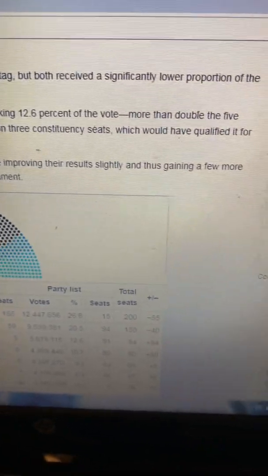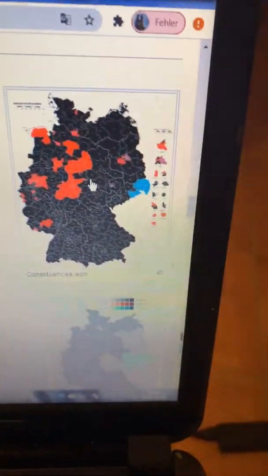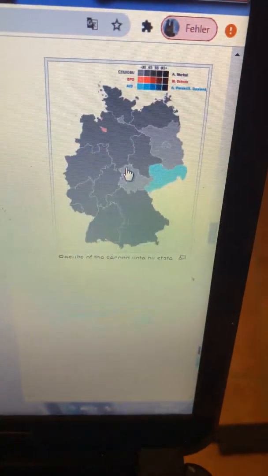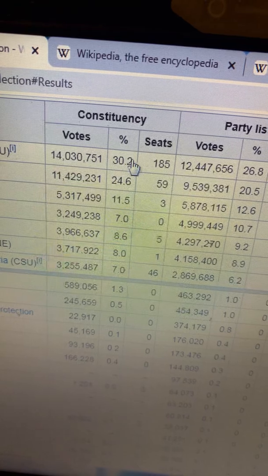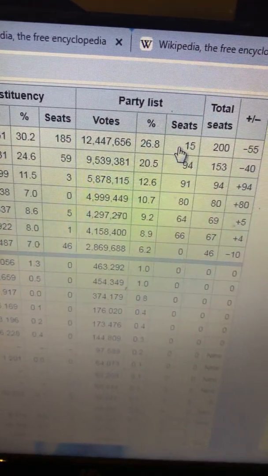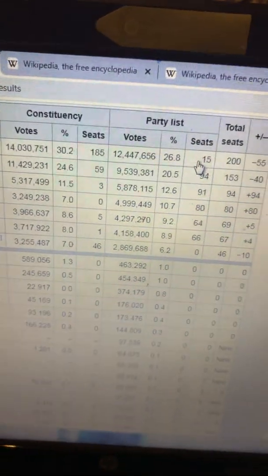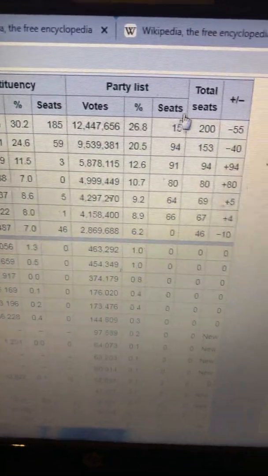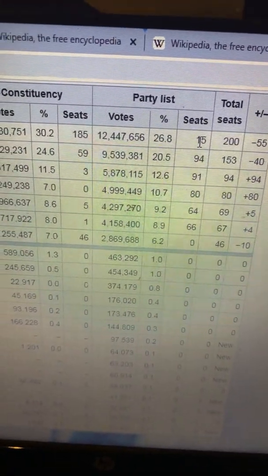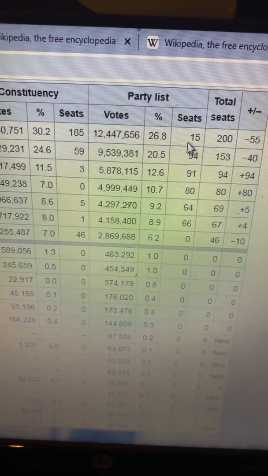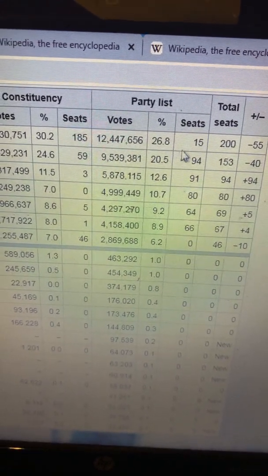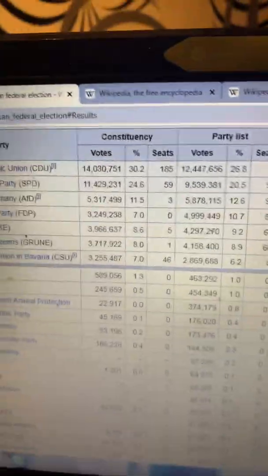Results here: the constituency and the party list. Total seats is